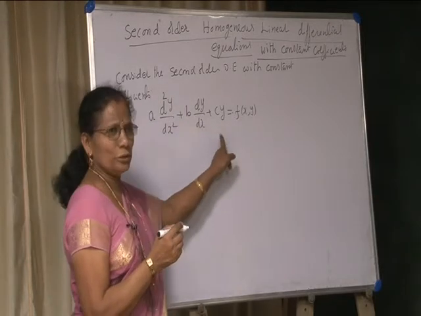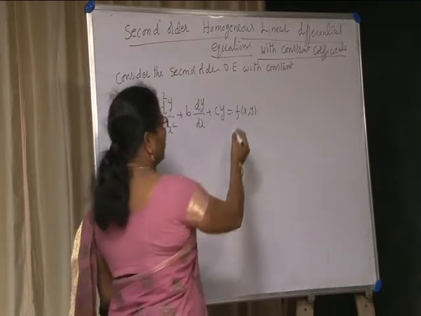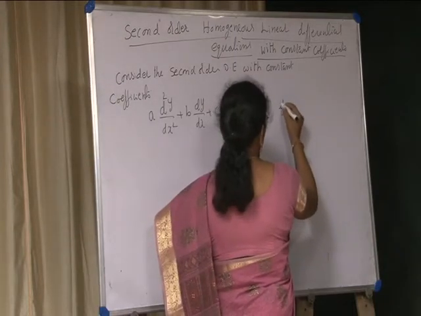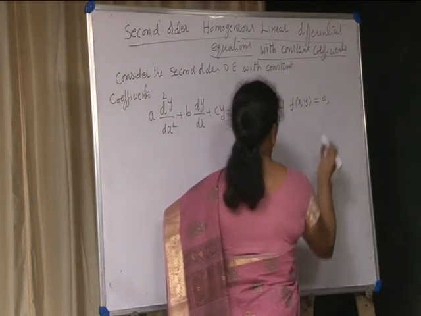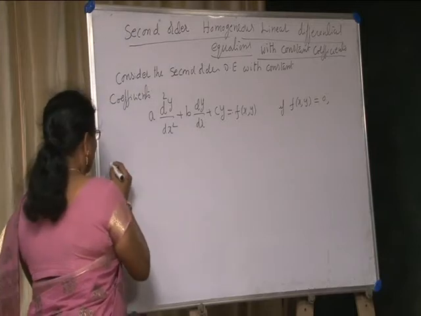This is not a homogeneous equation. If it is equal to f of x, y equal to 0, then it is called